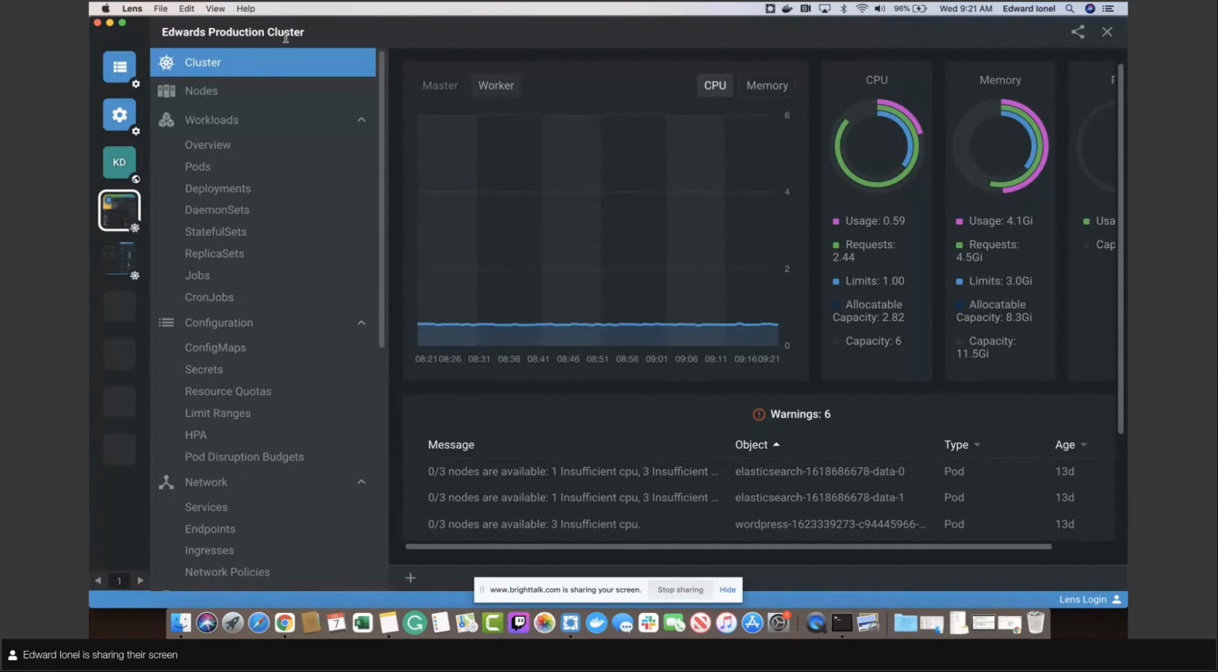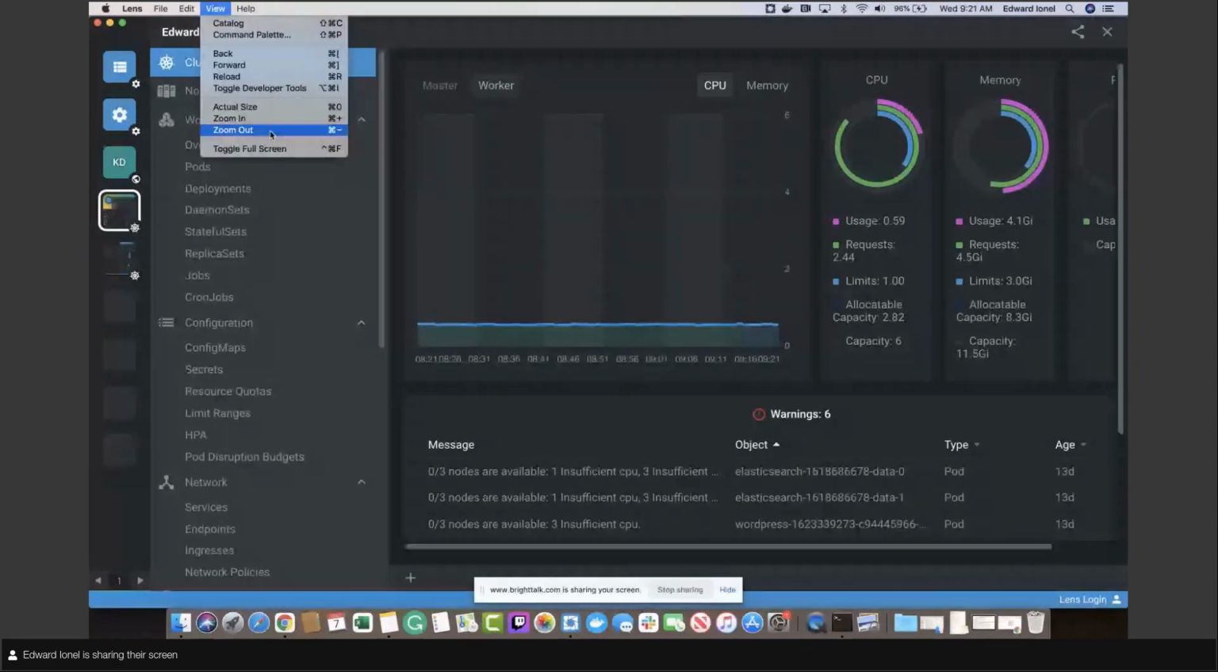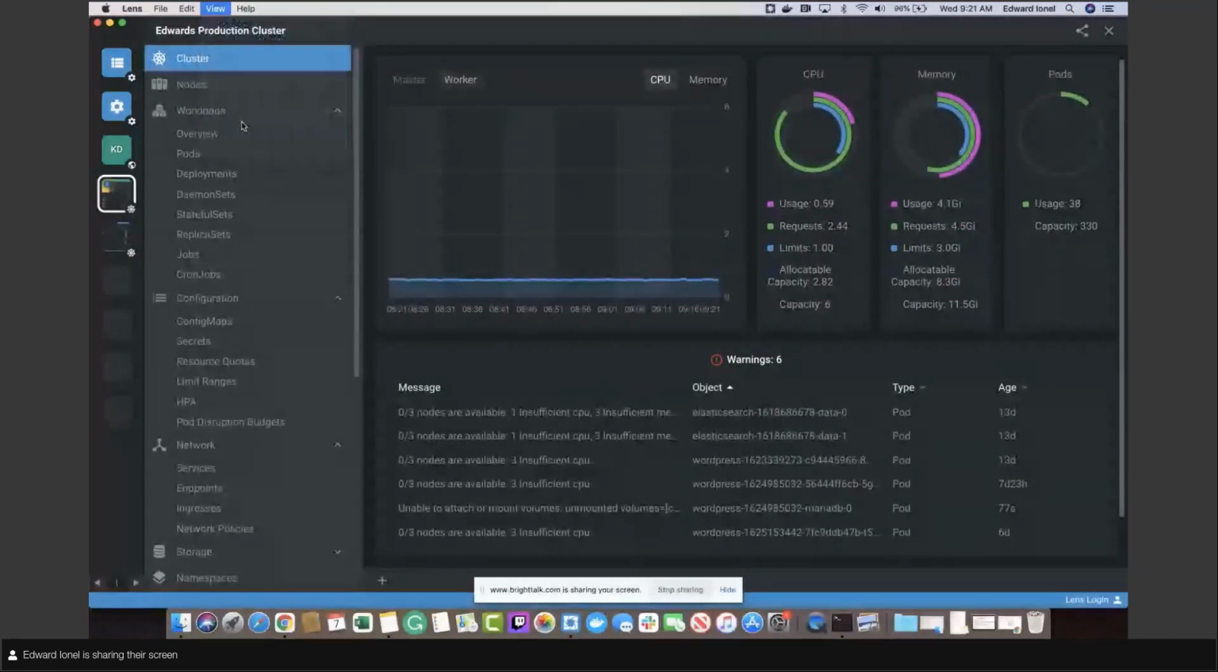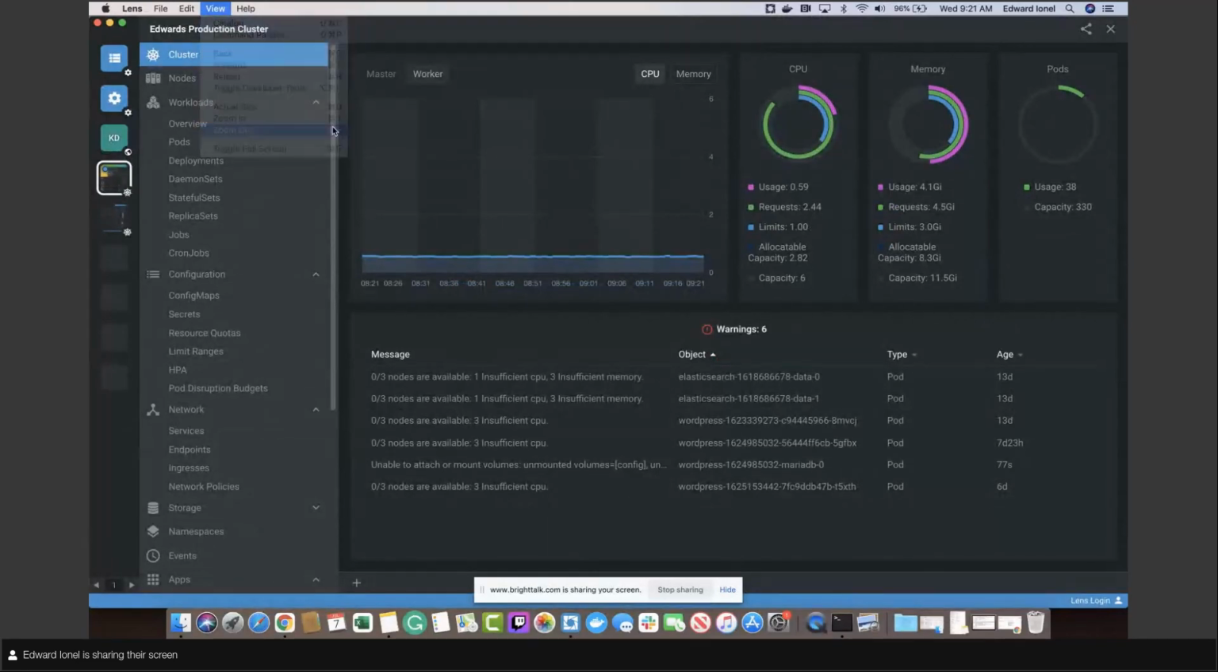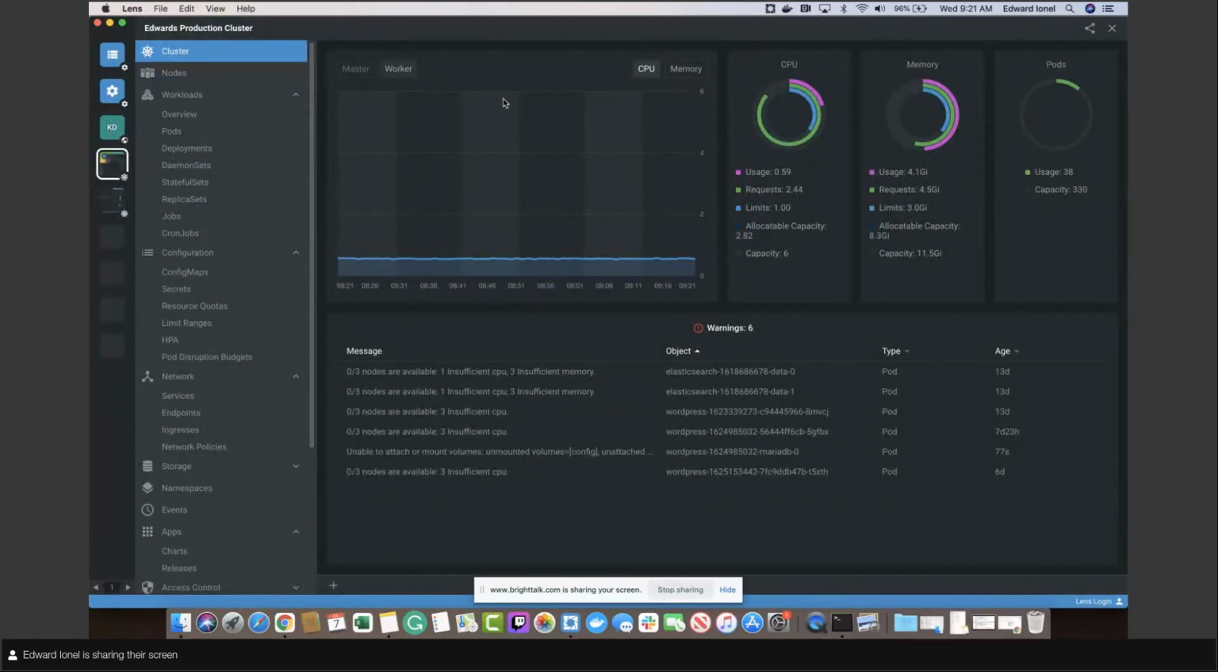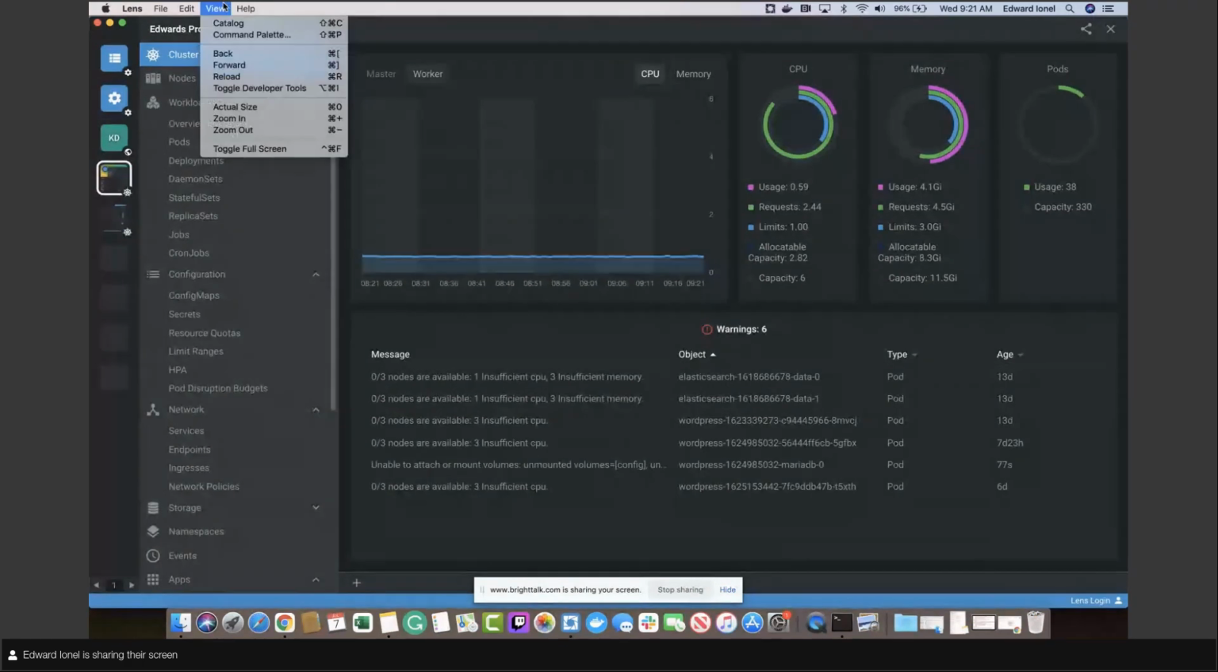So everybody knows I am actually zoomed in quite a bit on my screen, and I'll just zoom out just so people can see the UI. But you can see how the cluster is performing in the last hour, from the CPU to the memory and the pods. I'll zoom back in for the demo,